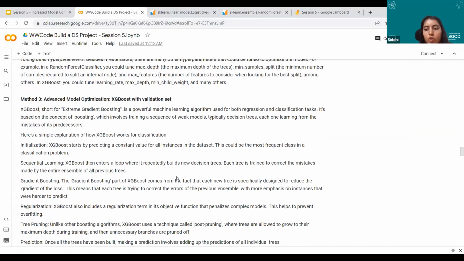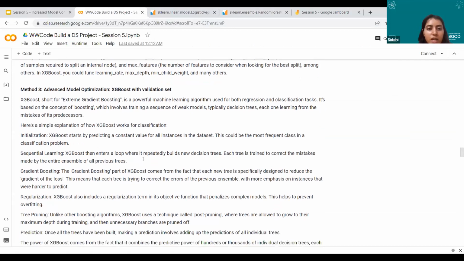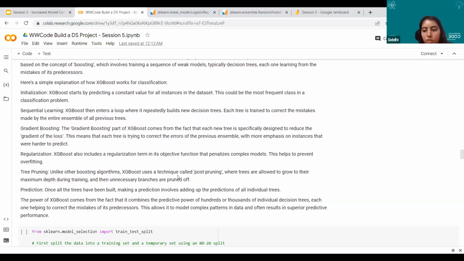Our third method is using XGBoost with validation set. Now this is a much more advanced model optimization. XGBoost is short for extreme gradient boosting. And we discussed it briefly in the slides before. I will quickly go through it because I see we don't have much time left for the session, but essentially